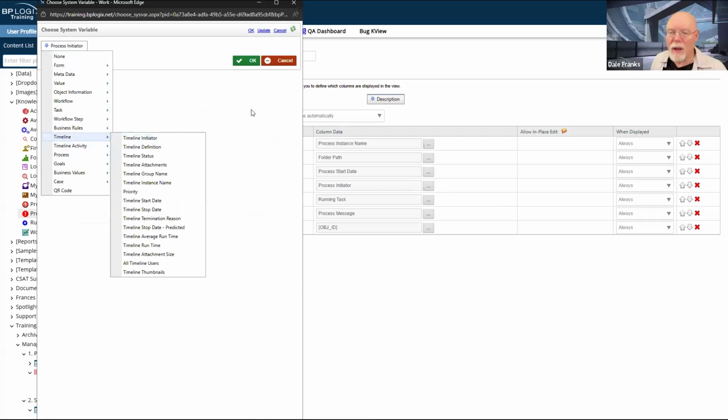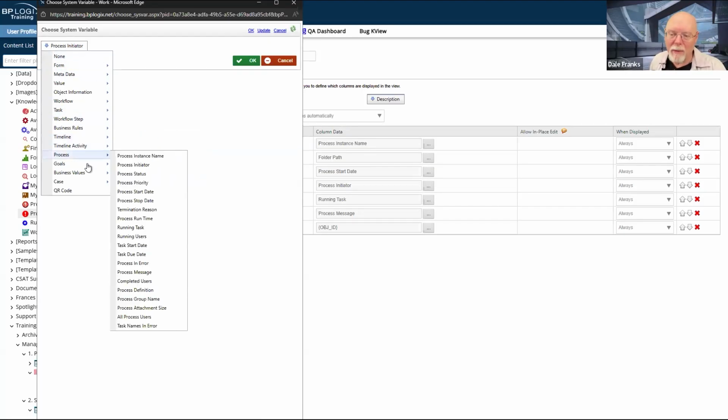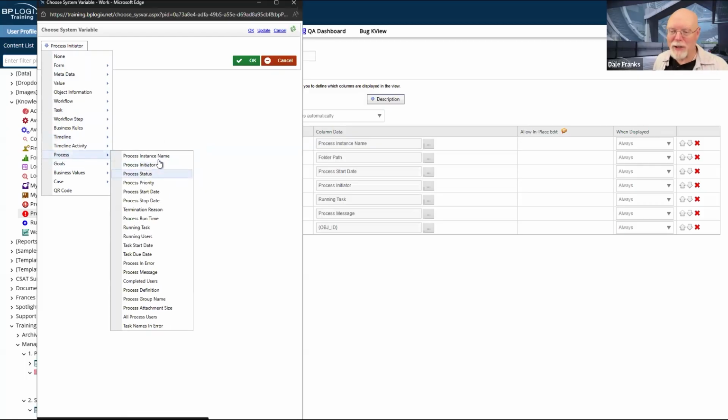Now, there's a reason that we use the process rather than the timeline system variables. So if we go here, process, there we go. Process initiator. That could be timeline initiator. It could be timeline instance name. It doesn't necessarily have to be the process.